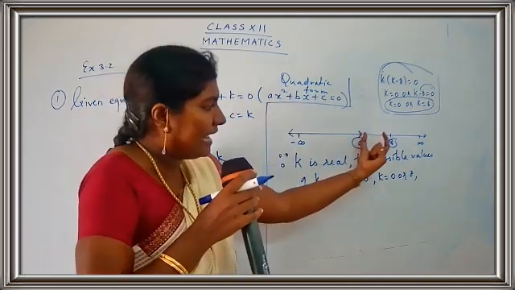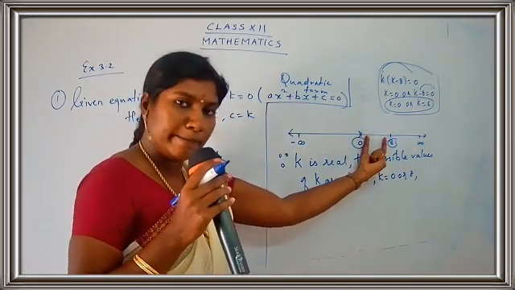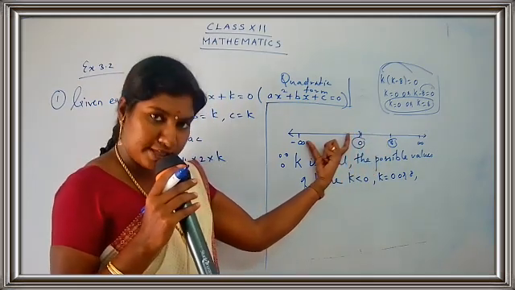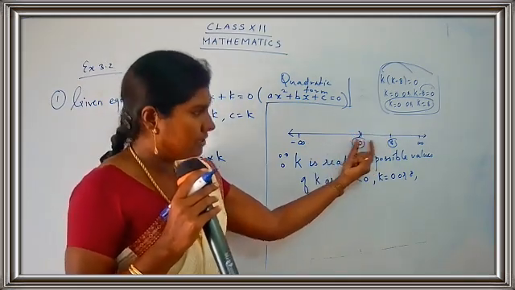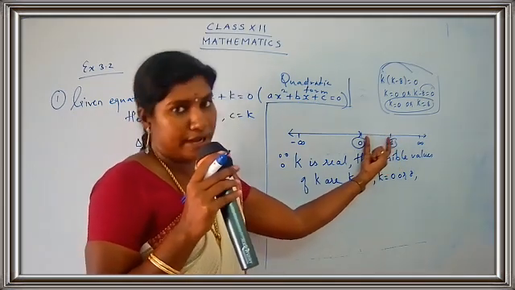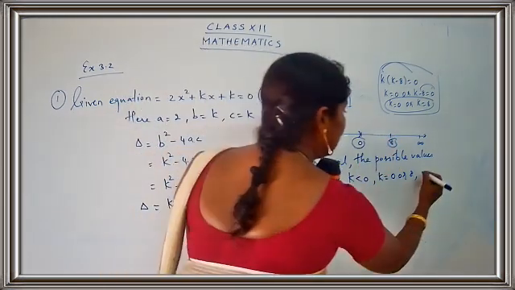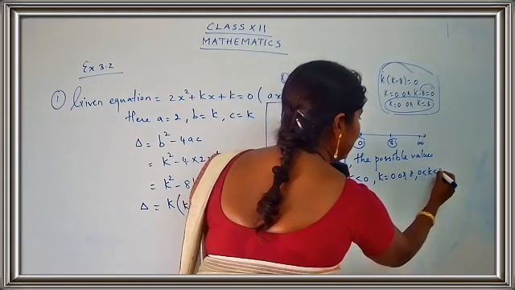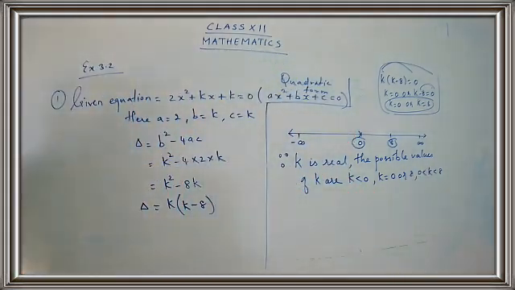So we have an area between this. Getting my point? So this area is being chosen, this area is chosen, and this area is chosen. Now we have some area between 0 and 8. So write down K lies between 0 and 8. That is the third case. So what will be the third case? K lies between 0 and 8. Okay, done. Now let us go for one more case.